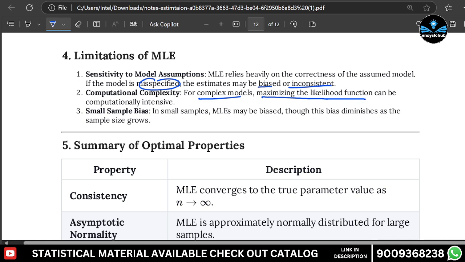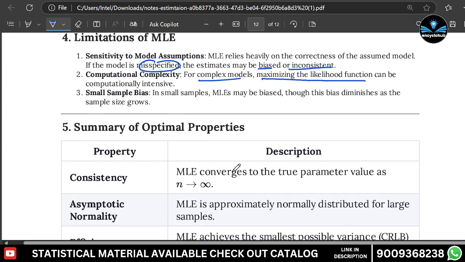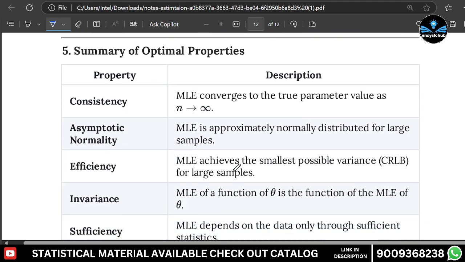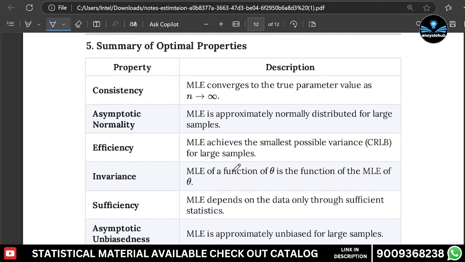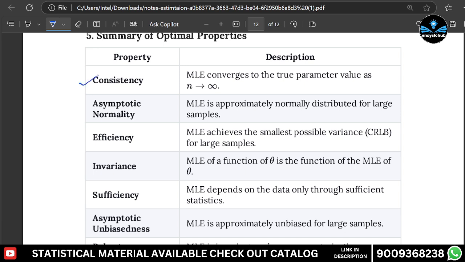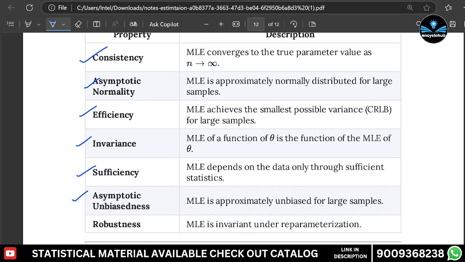तीसरी बात ये है कि स्मॉल सैंपल बायस है, कि जो स्मॉल सैंपल्स होते हैं उसमें एमएलई बायस हो सकता है ना. लार्ज सैंपल में वो बायस नहीं होता है, दिस बायस डिमिनिशेस एज द सैंपल साइज ग्रोज़. लेकिन जैसे जैसे सैंपल साइज बढ़ाया जाएगा ये बायस कम होता जाएगा. मतलब है कि एक गंदी प्रॉपर्टी है, अनबायस नहीं होता, लेकिन अनबायस चाहिए तो आपको सैंपल साइज बढ़ाना पड़ेगा. तो हमने कई सारी प्रॉपर्टी पढ़ी, कंसिस्टेंसी, asymptotic efficiency, invariance, sufficiency, asymptotic unbiasedness और robustness।